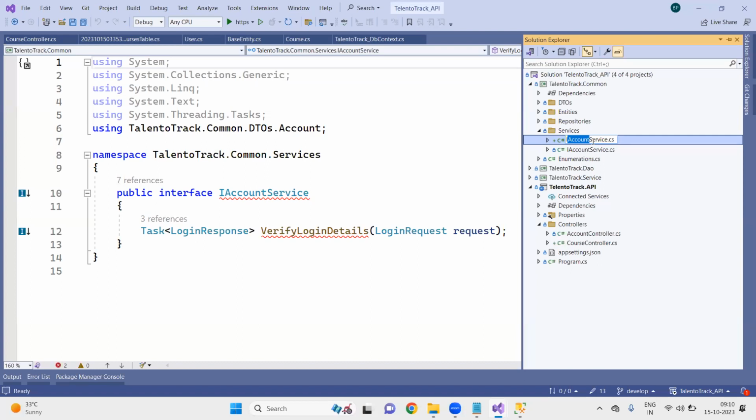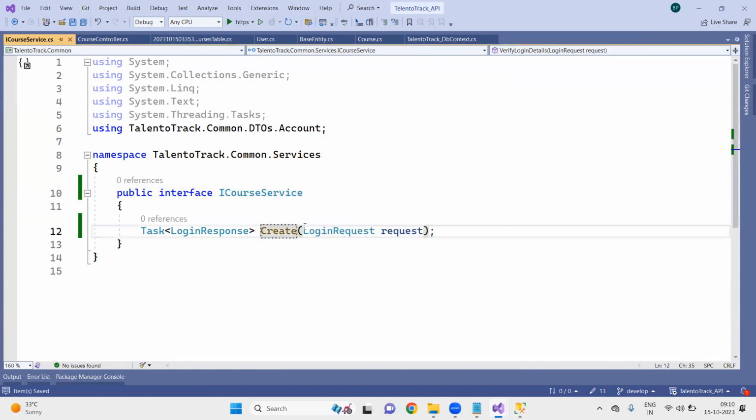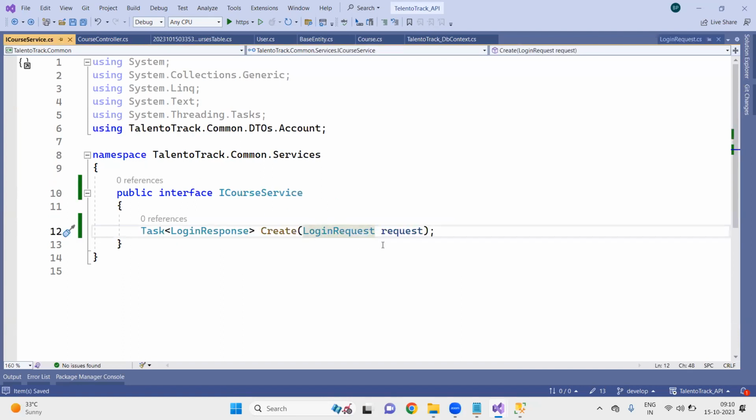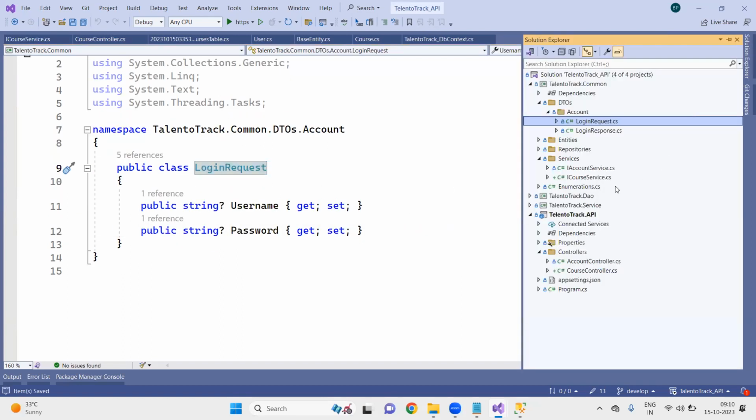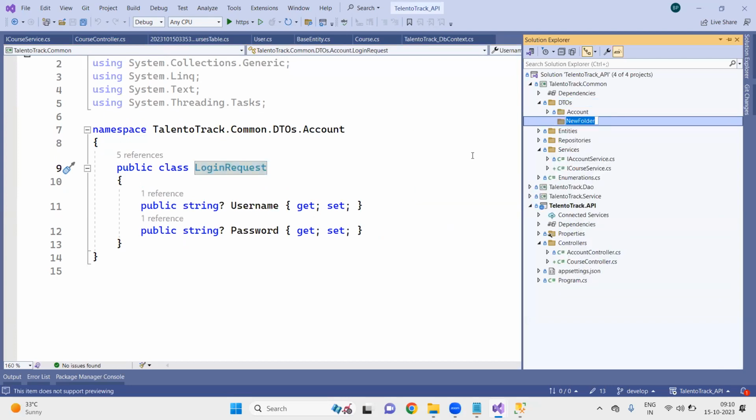Okay, so let's create one course service. Open that. In this course service, I want to create one method, that is create, and here I want to pass one request object. The request object can be the course entity directly, or we can create our own if you want. I will go into the DTOs, create another folder called course, and inside this I will create one